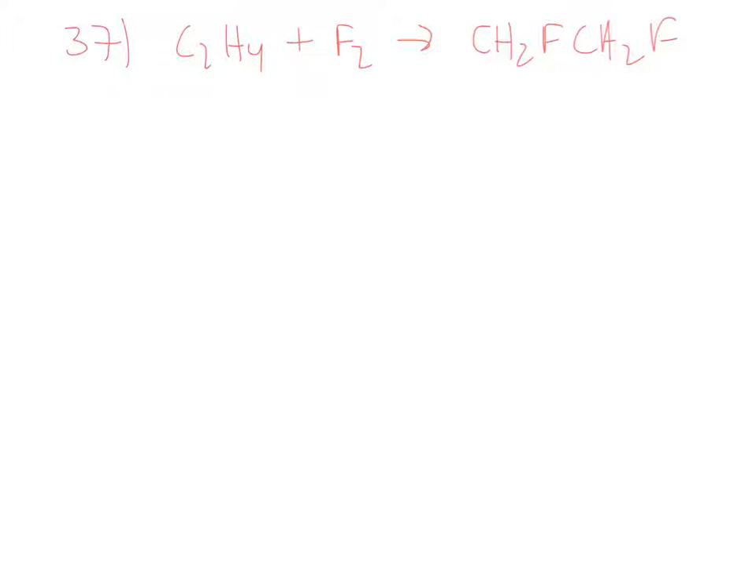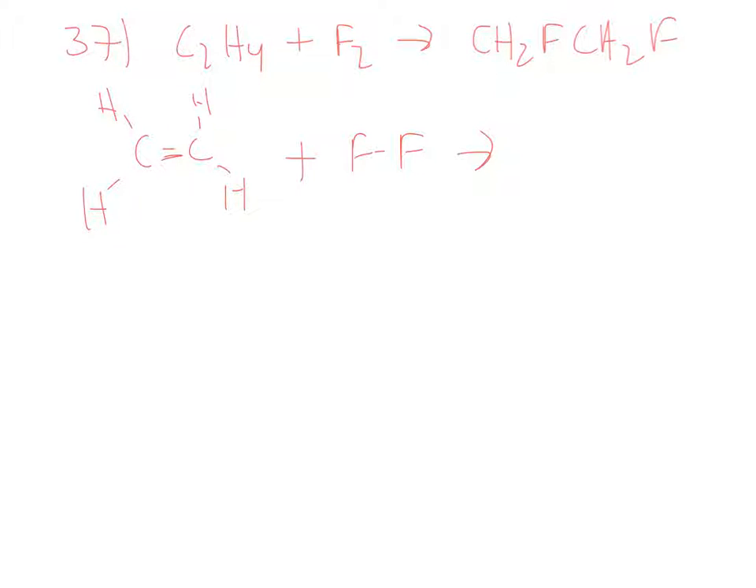Number 37, you're asked to use the bond enthalpy data to calculate the enthalpy change of reaction between ethene and fluorine. So C2H4, if I single bond the 2 carbons and put just the 4 hydrogen on, I realize that I'm short a bond for carbon, so that lets me know there's a double bond there. F2 is just going to single bond to itself since it already has 7 electrons. And then CH2F,